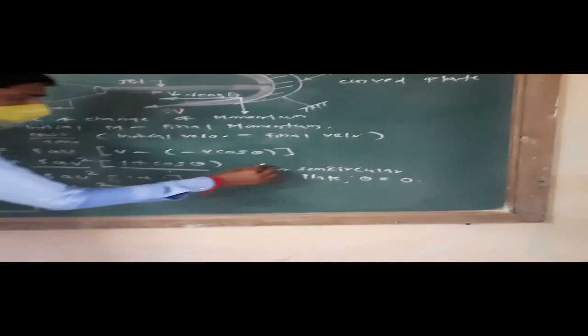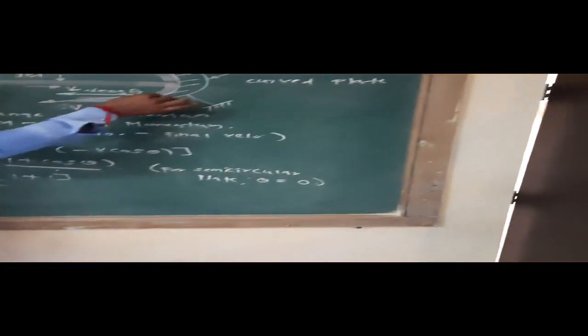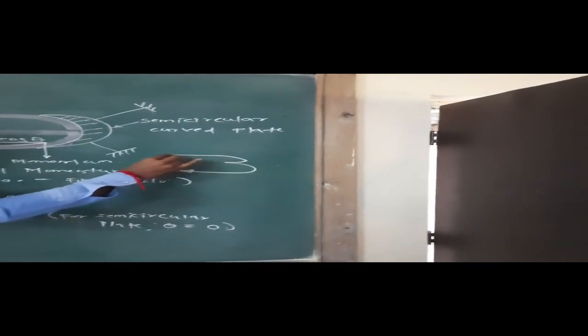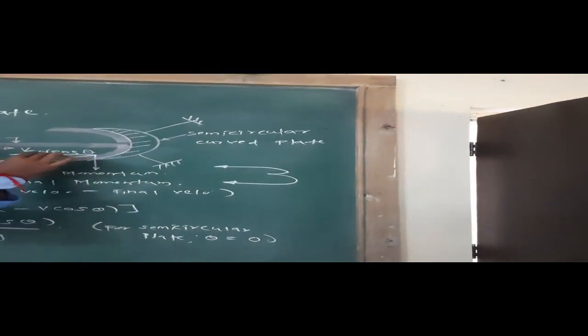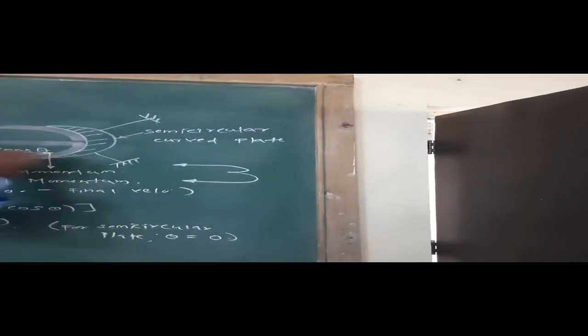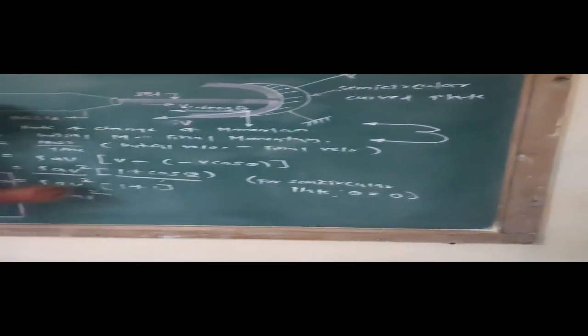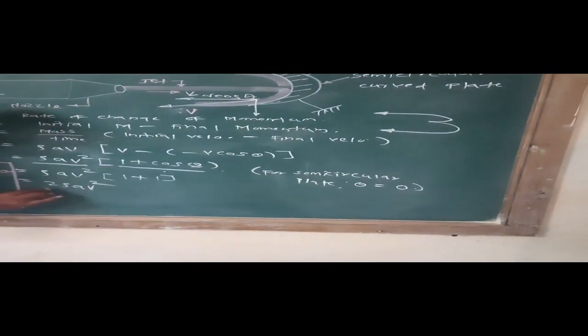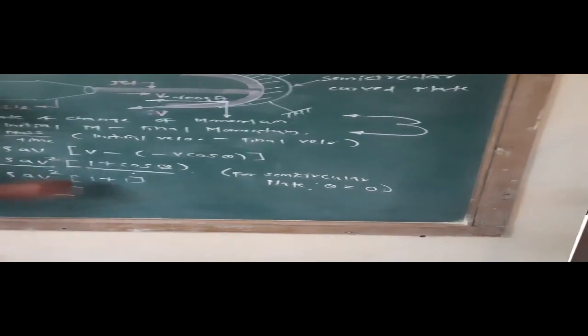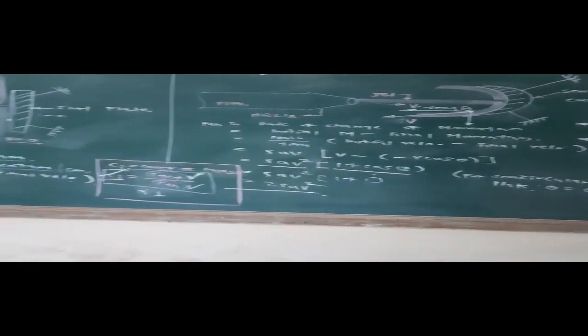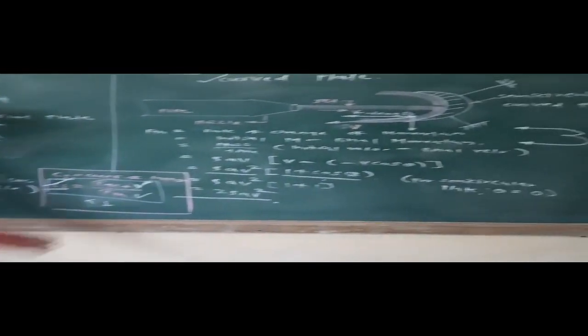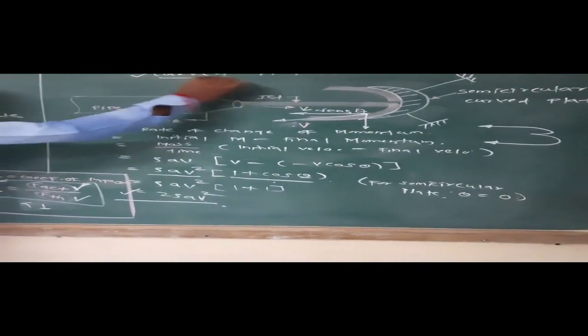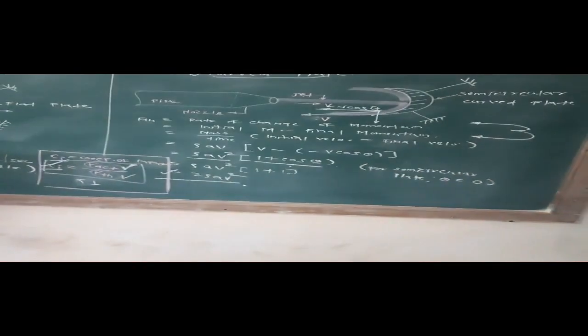If we are considering a semicircular plate, in that case, this jet is going to be deflected back, something like this. So it is simply going to be deflected back like this, and here there will be no resolving component, there will be no theta. So in this case, my theta will become 0, and if I put theta equal to 0 here, this equation will become F theoretical equals 2 rho A V square. So we can say that this will be twice the force we have calculated in case of the flat plate. Then we are going to use the same procedure.